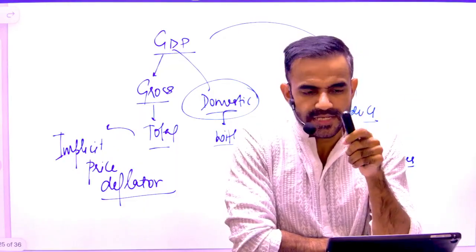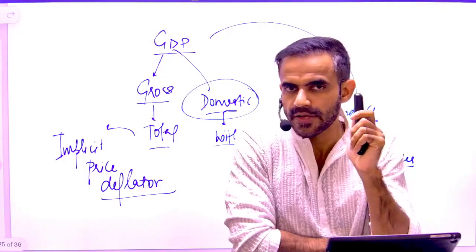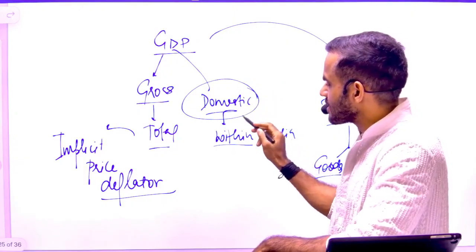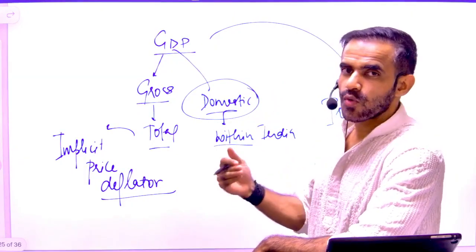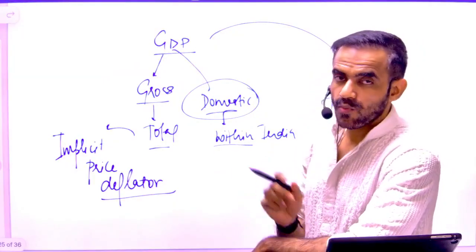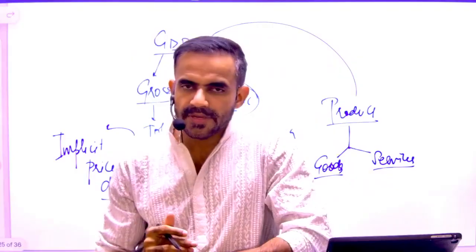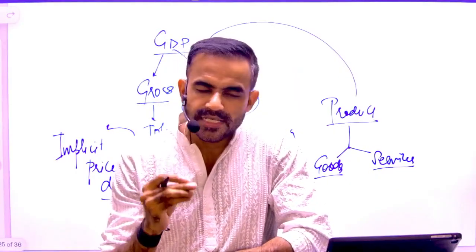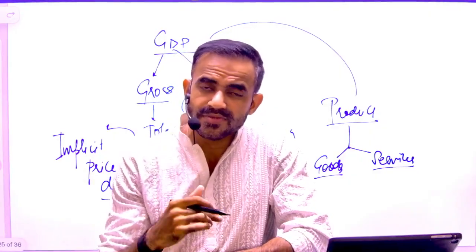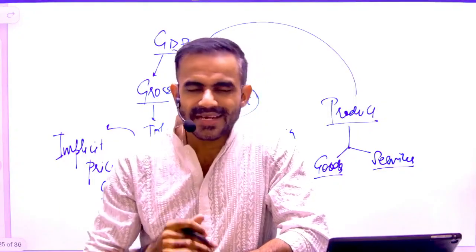Now understand two-three things. Will GDP cover imported items? Understand, no, it will not. Why? Because the definition itself is saying that we are going to cover only those items which are produced in India. When I say imported, that means they are produced in some other country. Now, one more question. Will CPI, Consumer Price Index, cover imported items? Think about it. CPI has nothing to do with production. Where it has been produced is irrelevant in case of CPI. CPI just focuses on the items which are being consumed by the consumer and how much is the price increment in those items. That is the role of CPI.